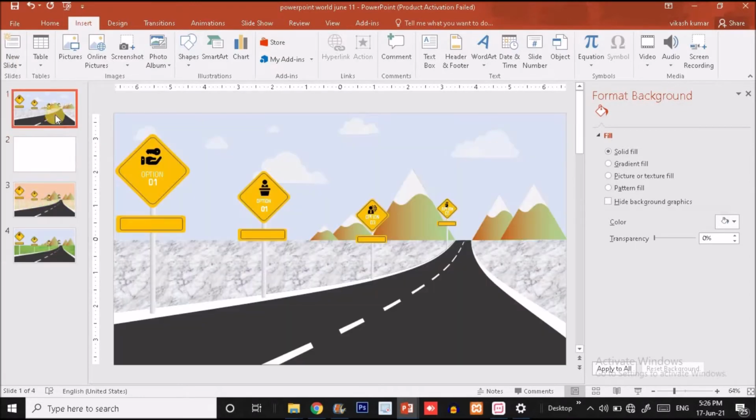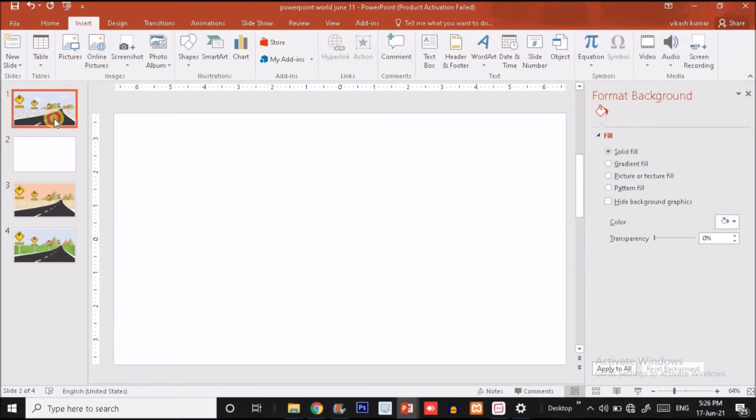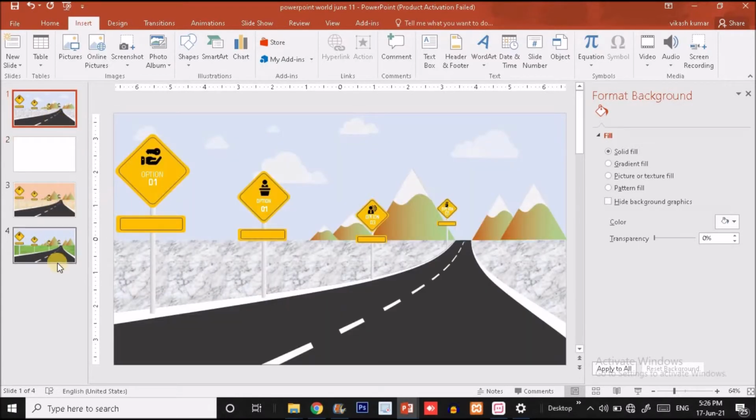Now the first scene I'm going to create, and after creating it I hope you will create the other 2 scenes very easily, because there is only a little difference in the second and third slides, as you can see here. So you can do it easily if you know the concept of creating the first slide. Okay, so I'm going to create it guys.